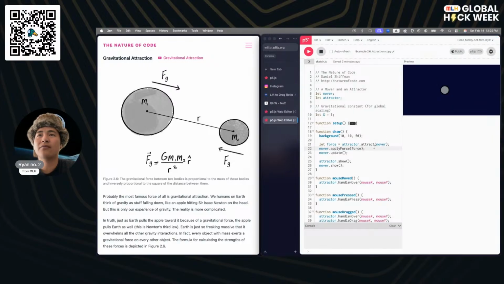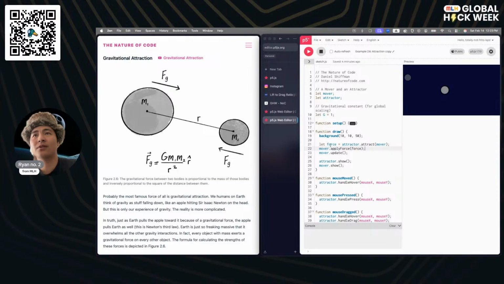This function right over here, I'm assuming, is setting up direction. Okay, this is the attractor, which is telling the mover, and probably setting the mover's heading or direction to move towards wherever the attractor is.